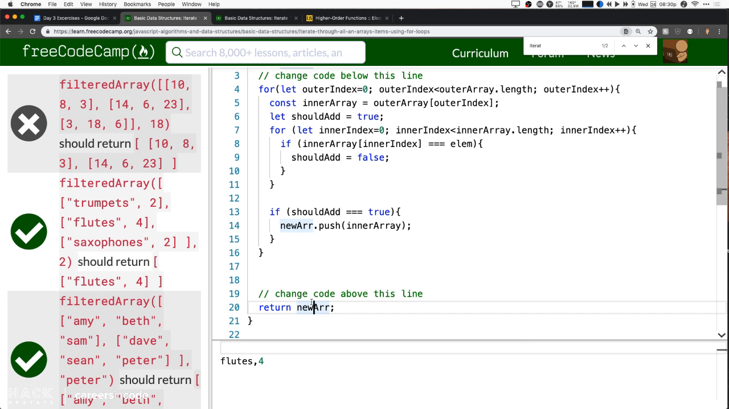So if you have YouTube running in the background, YouTube channel running in the background,